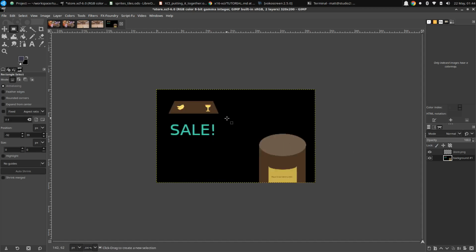Now I was able to use the screen capture of those tiles and sprites and use that to build this very simple background. Now this is actually created with GIMP. In case you couldn't tell, I did not use any sort of stock images to create this. So just create a nice little shelf, and then this pedestal over here. And we wanted to make it